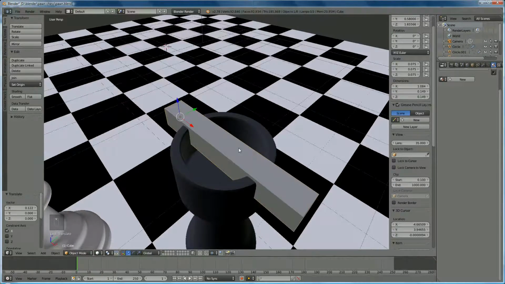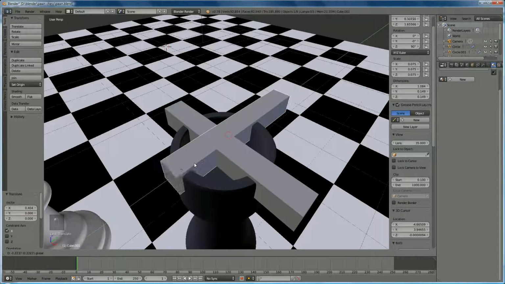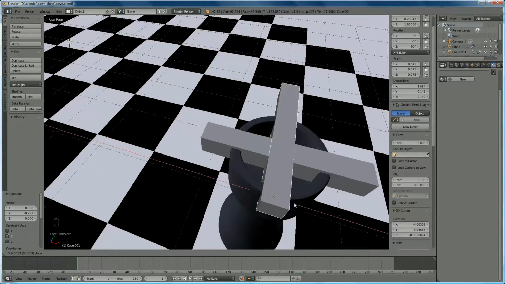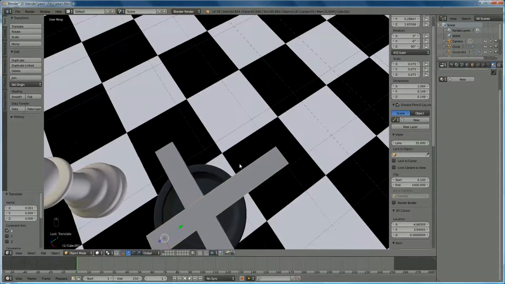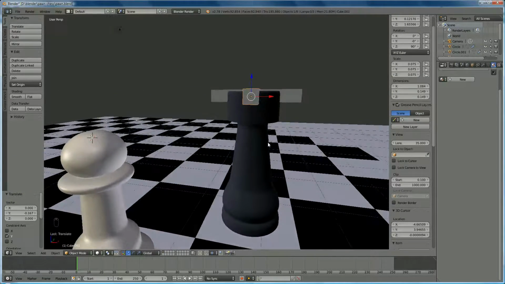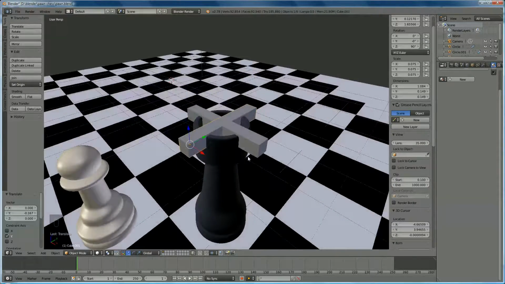We're going to copy it, and we're going to do that by Shift D, then Z 90. This makes a 90 degrees rotation of our duplicated cube. We're going to position this one in the center like that. Yeah, that should do it. The height is okay, I think. Okay, when this is done, we're going to select tower,